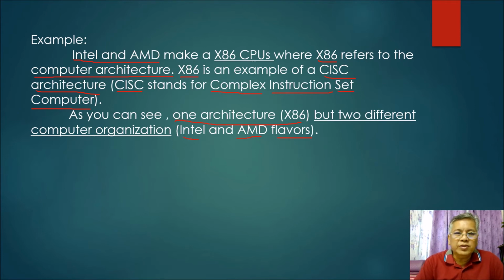Okay? So that is what is meant by one architecture, two different computer organizations. For now, if you notice our processor, for example, a dual core processor, that means that your central processing unit contains two processors. And each, for example, for Intel, a dual core processor has two processors in the central processing unit with its own interconnection.